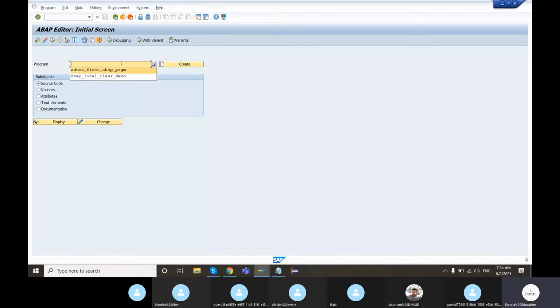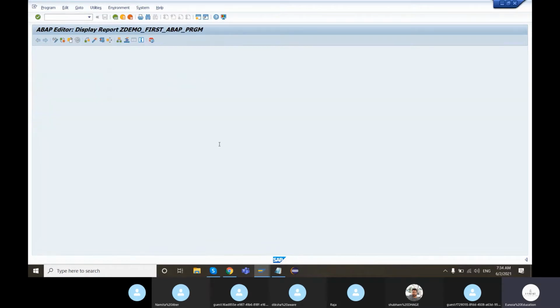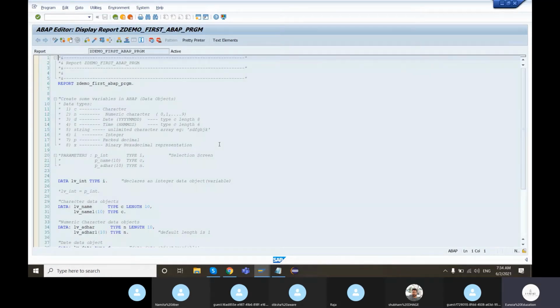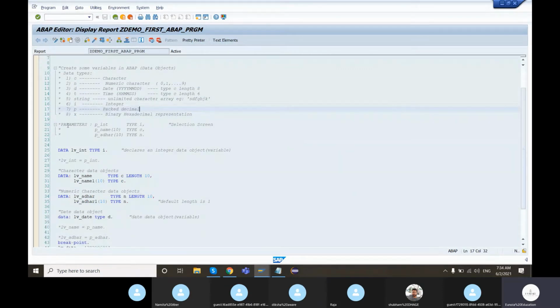We'll quickly go through yesterday's program and then carry on with a new program and understand new concepts. What we covered yesterday are the basic data types, what we call elementary data types in ABAP: C, N, D, T, string, I, P, and X. We also covered the parameter statement yesterday, which is responsible for creating the selection screen.